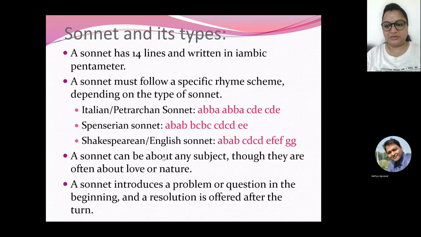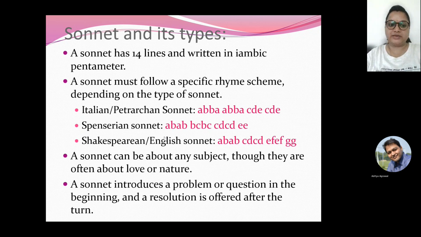Now, what is iambic pentameter? Iambic pentameter is made up of two words, where iambic, on the other hand, is a metrical foot, and pentameter is a combination of two words, penta and meter. Penta means five, and meter means to measure. So iambic pentameter has five iambs which contain 10 syllables. Okay, means each line has 10 syllables in it, and in each iamb there are two syllables, in which one unstressed syllable is followed by a stressed syllable. Okay, so